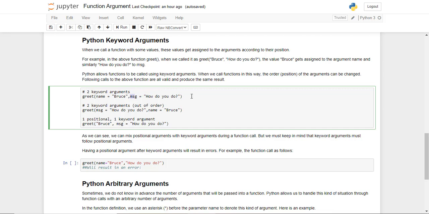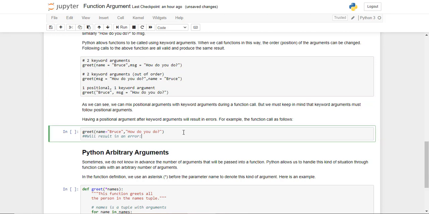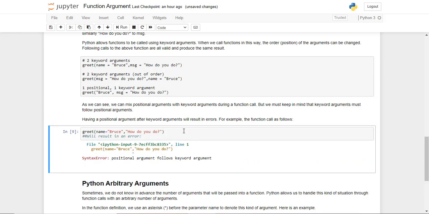Now what this does is, of course, if you want to call the function without any argument, these are the values it will take. But suppose you call the function with arguments that are out of order. What happens then? In that case, you specify message is this one and name is this one. Let me show you how it works. First thing we do is we define the function.